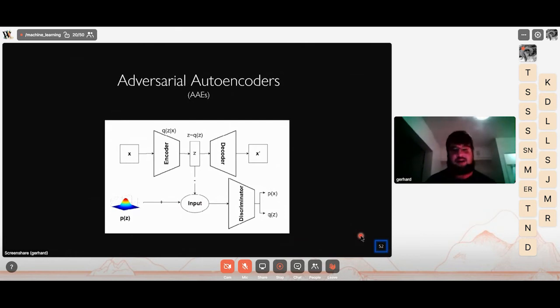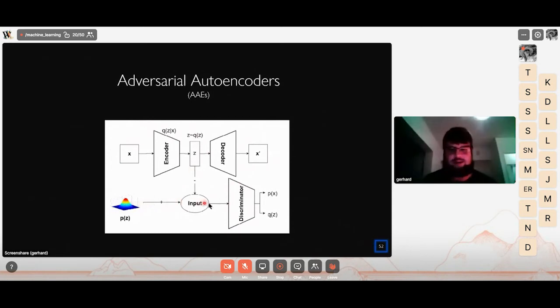It's called Adversarial Autoencoders. Adversarial Autoencoders basically combine the concepts of VAEs and GANs. So you've got this small variational autoencoder setup where you map from your data distribution to your latent space and then decode that back to your simulated examples. But you also have this discriminating neural network, which is not the same as the KL version, but it's quite similar. It basically says that you've got your negative examples,